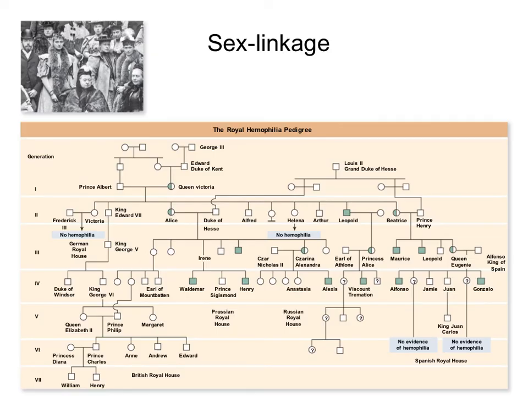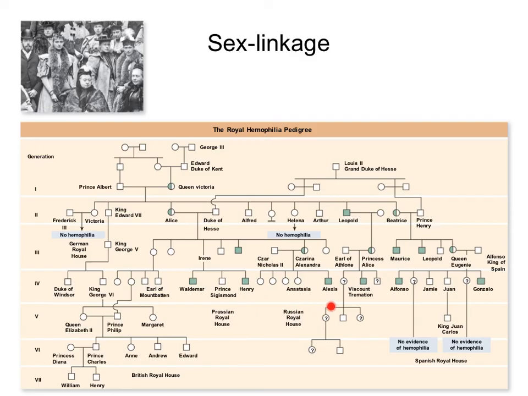so it's more common in males. And this is a very common example because this is a pedigree of the European royal families, and they're all connected to each other because they intermarried, and there was a common case of hemophilia in the Russian Tsars, and it's now known that